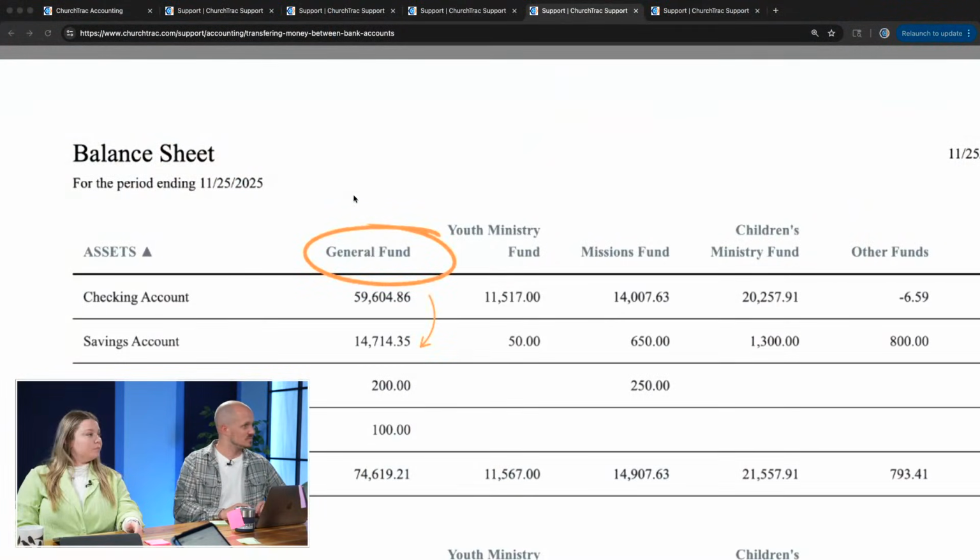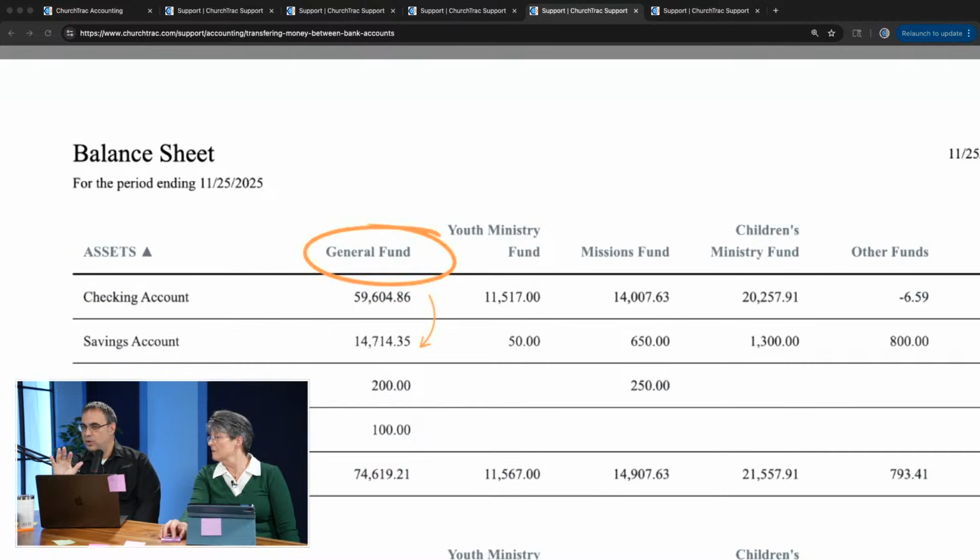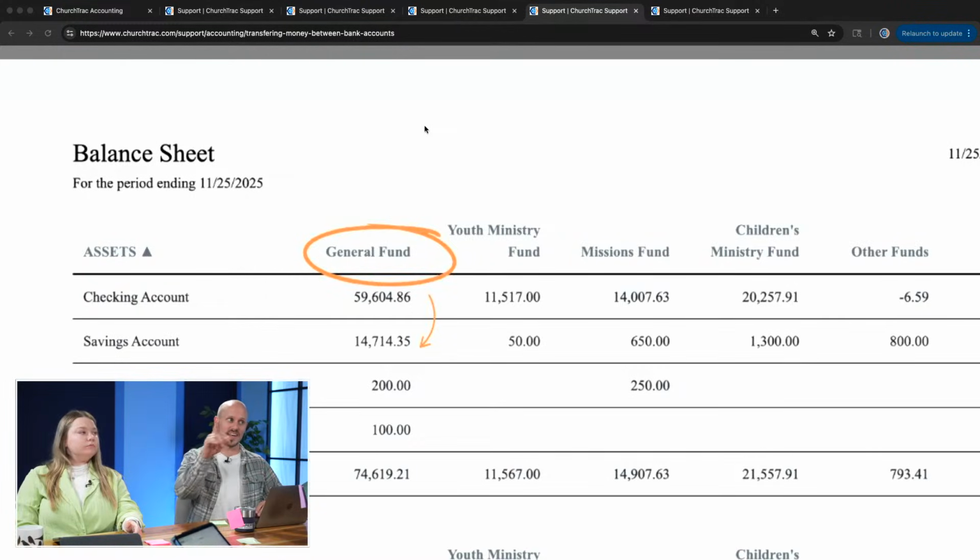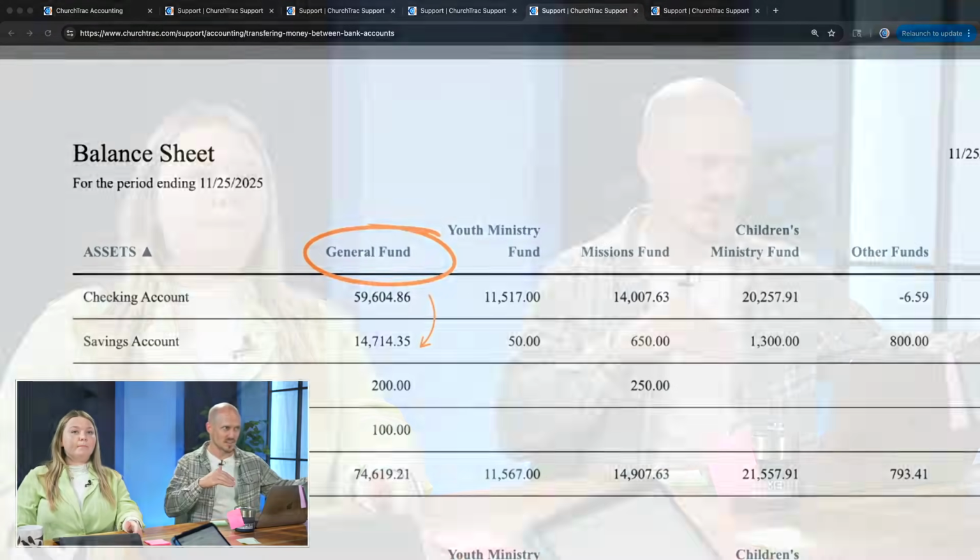Can I also just point out, because this becomes important as we talk about the next thing too, the money is moving vertically when you do an account-to-account transfer. There's a vertical movement, either up or down, on your balance sheet. Yes, and knowing that will come in handy in a moment when we talk about fund-to-fund transfers. All right, so that's account-to-account transfers. Now, let's actually talk about fund-to-fund transfers.